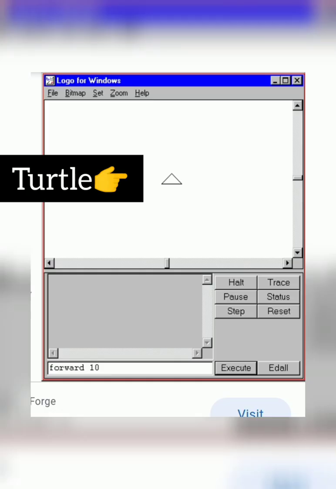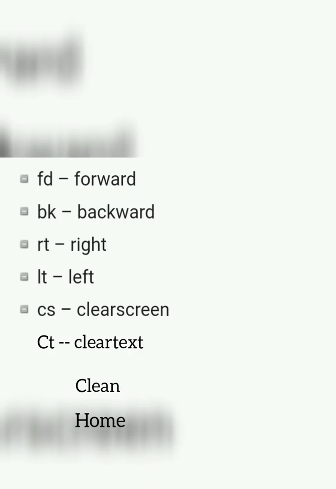Turtle. Turtle is a small triangle which is normally located in the middle of the Logo screen. It has two parts, head and tail. Let us learn the Logo commands which you have learned in the previous class. FD, forward.